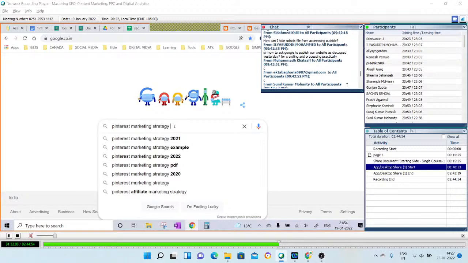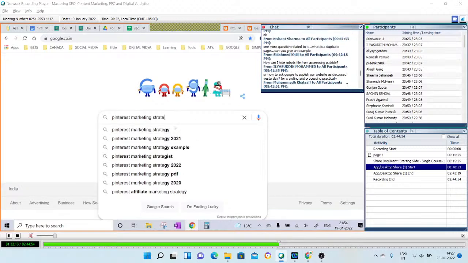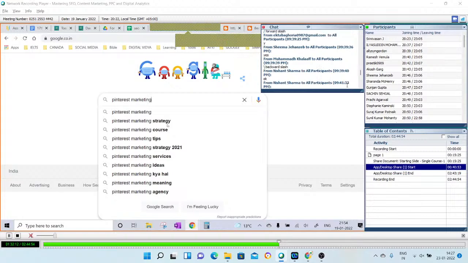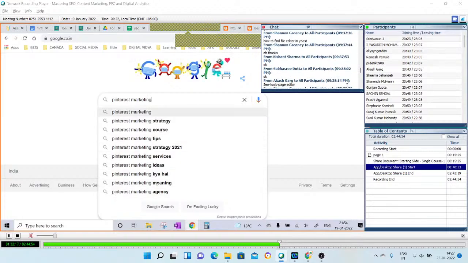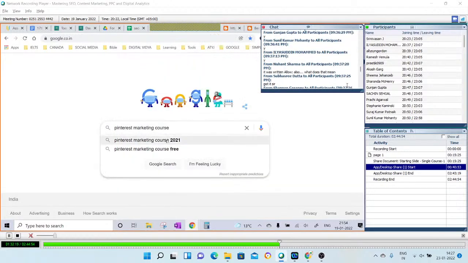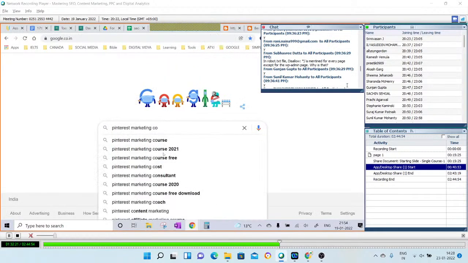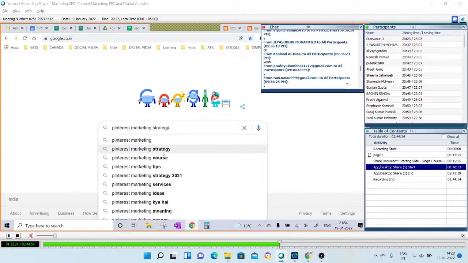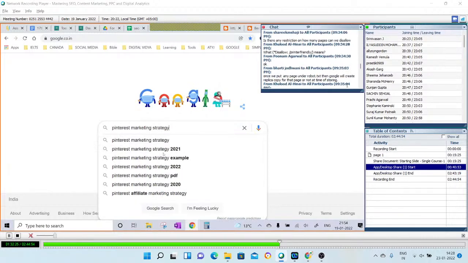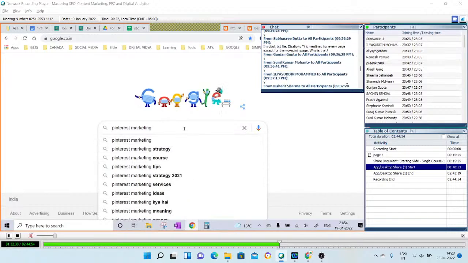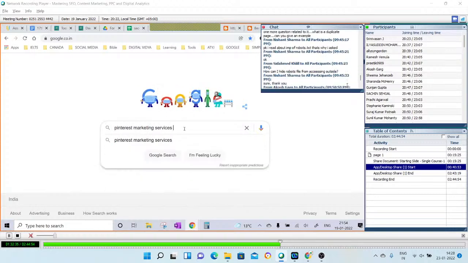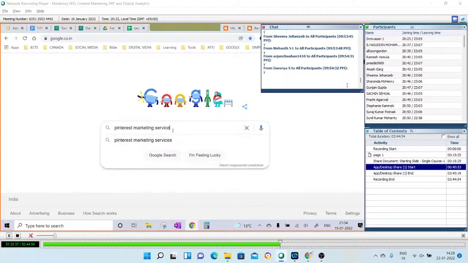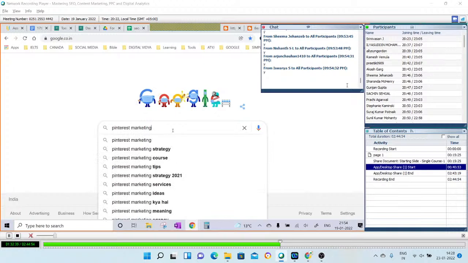Have you seen what I just did? From the Pinterest marketing point of view, I got these many ideas. From the course point of view, I got these ideas. From the strategy point of view, I got these ideas. From the services point of view, there is nothing much, because I'm using Pinterest, and Pinterest is not very famous in India and Delhi.